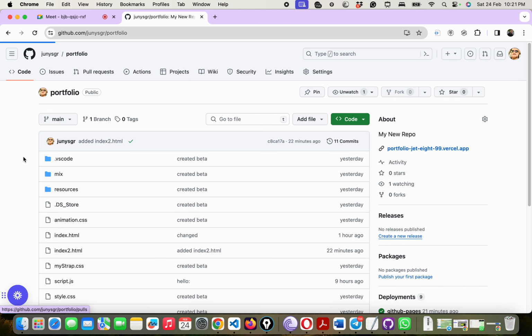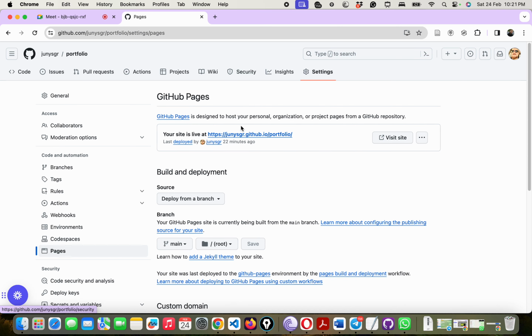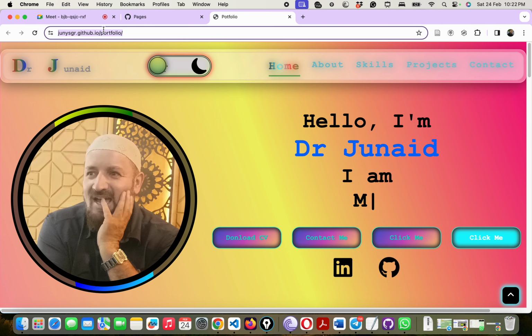okay, you go to the settings and you go to the pages here, and this thing will come, this is the site, okay. If you say visit, now it will open up the site, as you could see here. I can copy this, command C, I can send it to anyone, but as you could see, the github.io is coming up there because this is the free domain, but हमारे स्टूडेंट को तो चलेगा, उसमें कोई मसला नहीं है,